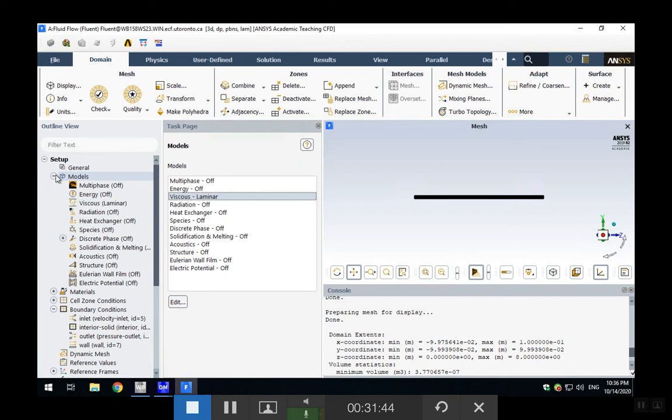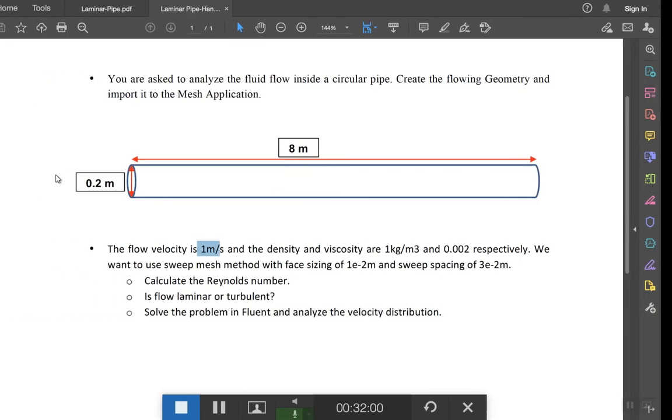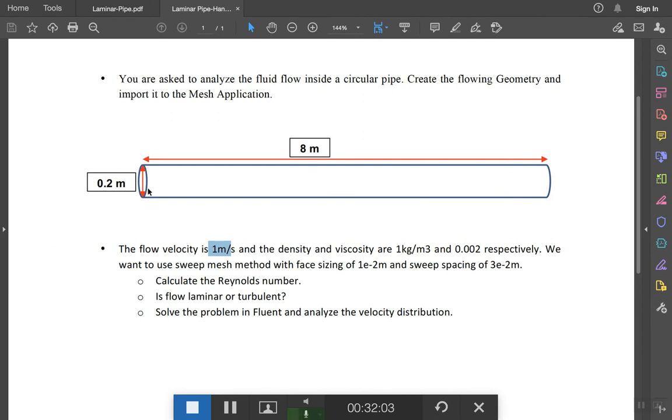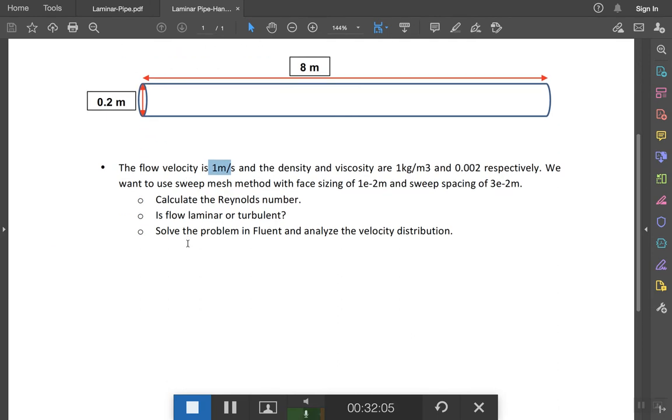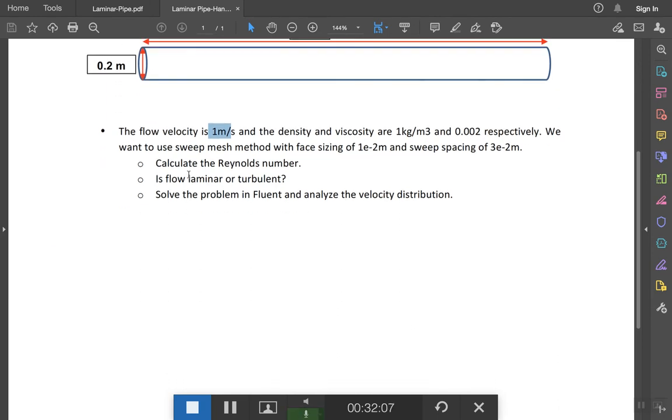So how would you calculate? Through Reynolds number. And you know what the Reynolds number is? It is density multiplied by velocity multiplied by characteristic length divided by viscosity. For us in here, characteristic length is this one, 0.2 meter. And if you do that calculation, you're gonna come